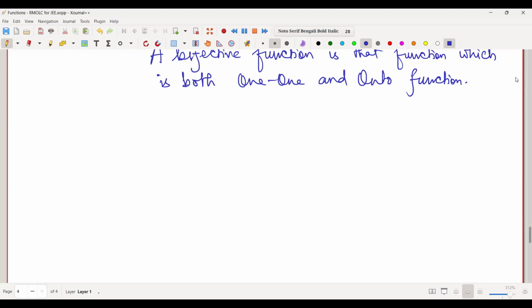You have seen that for a 1-1 function, no two elements,